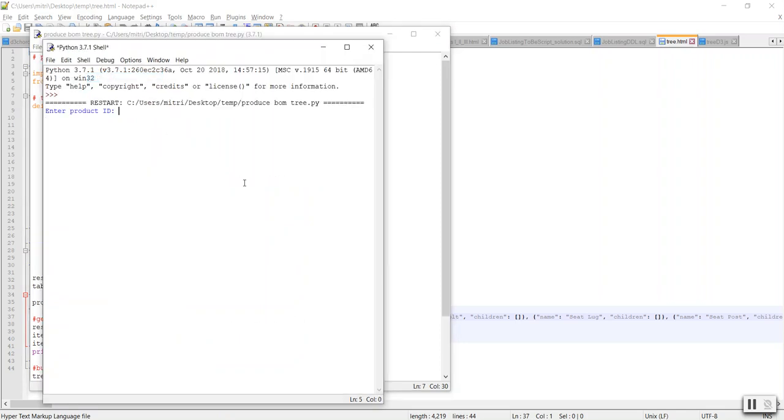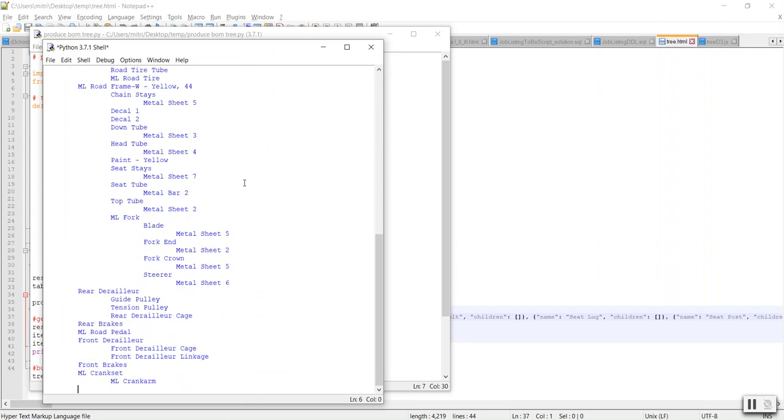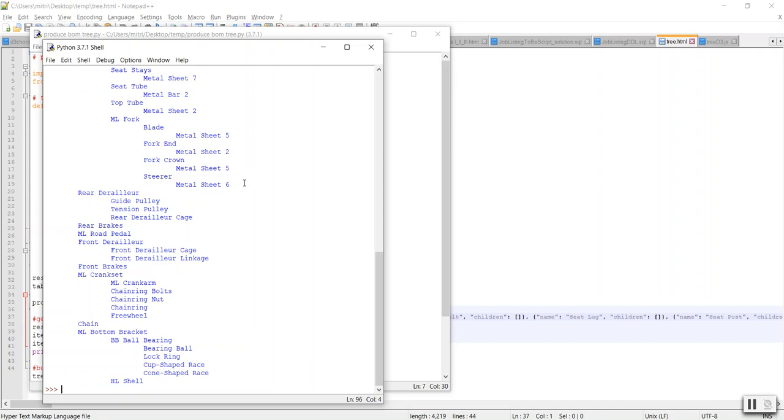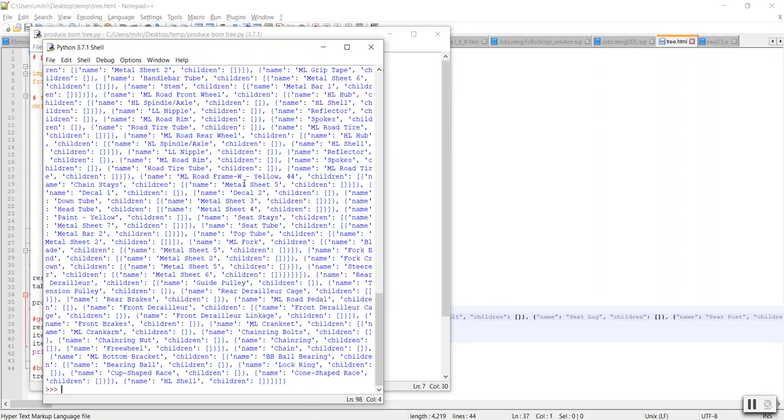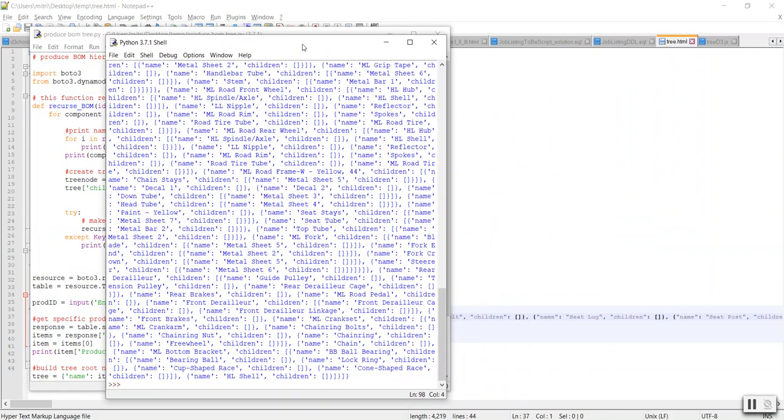So let's try this 975. Okay, looks like it's done what it needed to do. Let's take a look at what tree looks like. So tree is now a dictionary, as we can see. It's got name and children. That's exactly what we wanted. We wanted a dictionary, but I can't put a dictionary into JSON. I have to convert it to JSON. So I'm going to, had I already imported JSON? I did not. So I'm going to import JSON